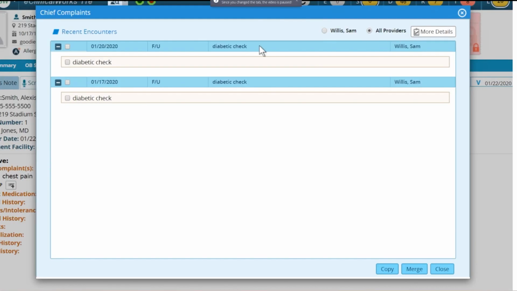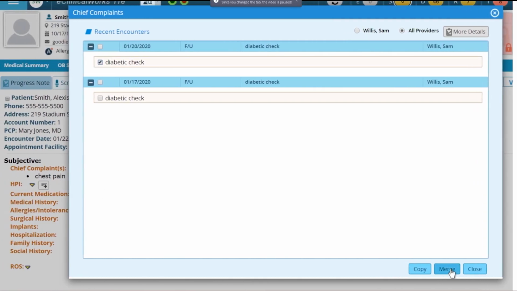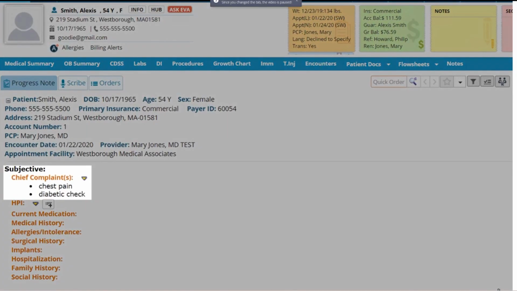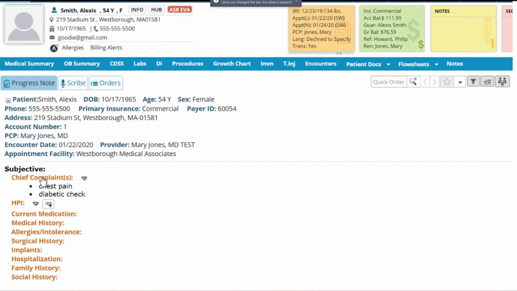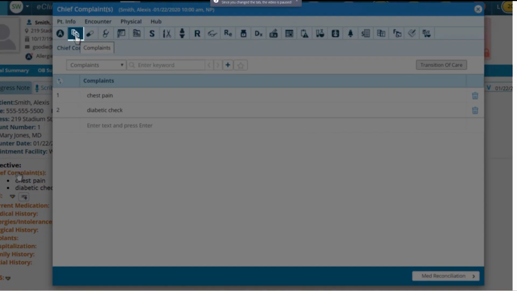If you wish, select the complaint and then click either Copy or Merge. Copy will replace the existing chief complaint, and Merge will append it. This section can also be modified by opening the link. You can also access the chief complaint window by clicking on the 3 paper icon found in the Progress Note